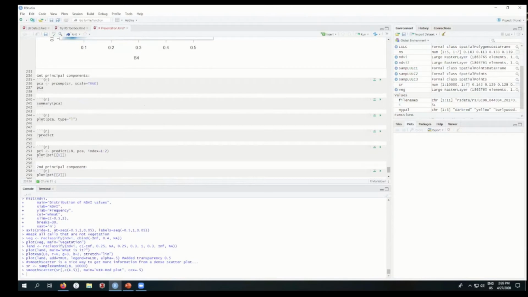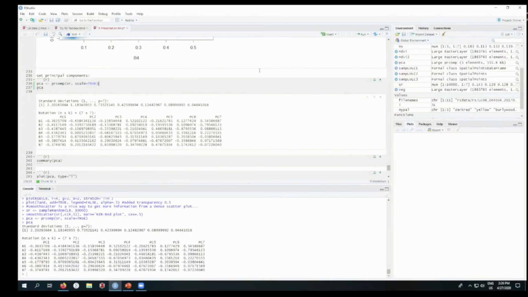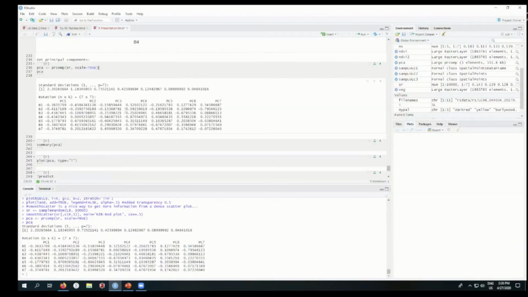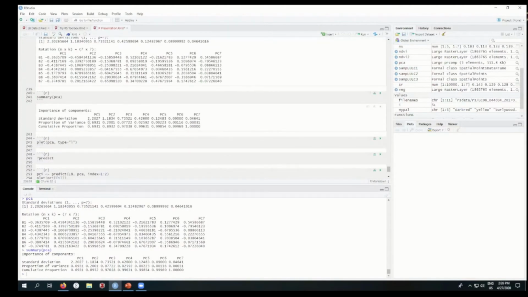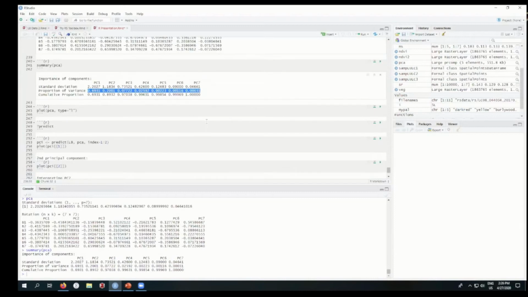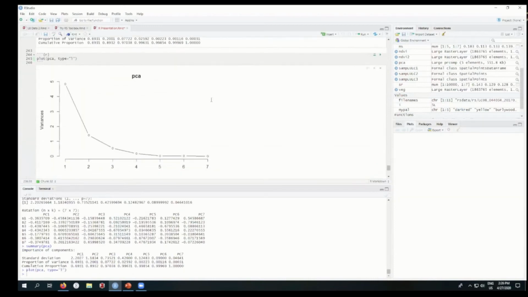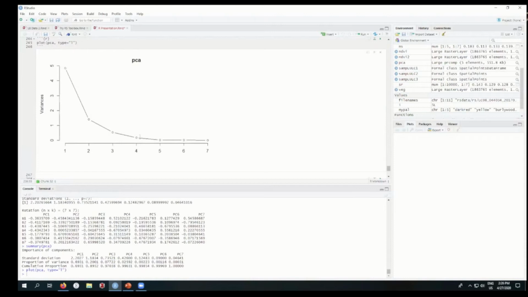And then we can do principal components. We're just using the prcomp principal component function. We have to scale the data, which is always done with principal components. And we just run that and we get our eigenvectors. We can do a summary and see the proportion of variance explained in the table. And we can do our favorite plot and see that it drops off and evens out at 3 or 4